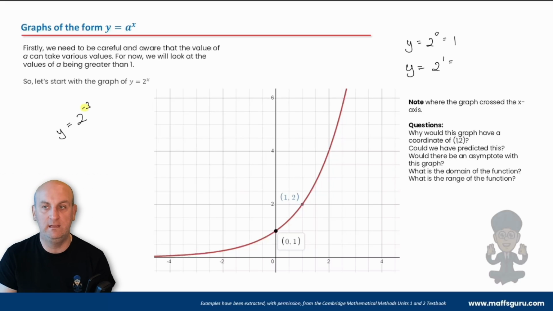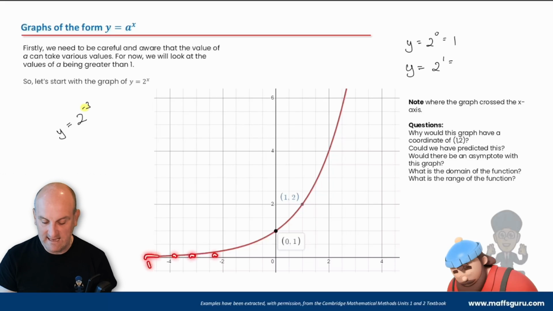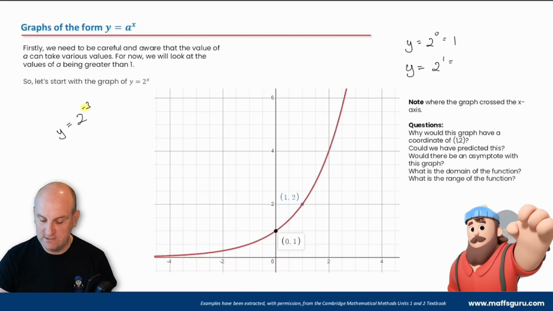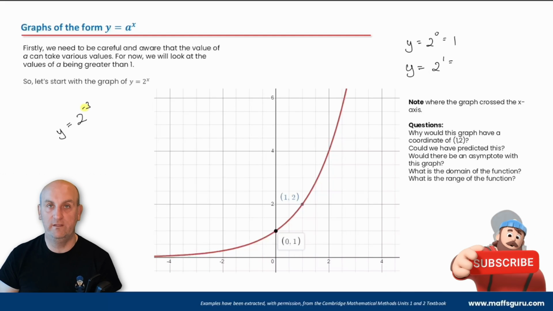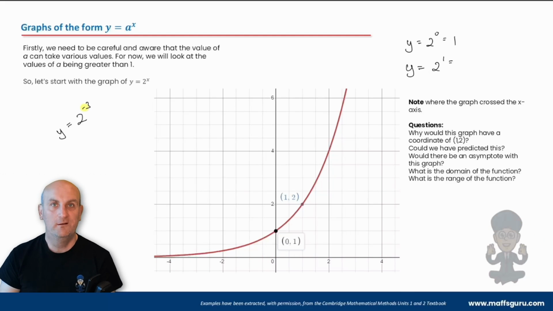What about the range of the function? Well, having just spoken about it now, if we know that this here is an asymptote, it suggests that no values will ever be lower than the x-axis, and so my range in this situation would be real plus, not 0 to infinity, because 0 is not included. So R plus, for example. And these things become important for you to remember and to learn,